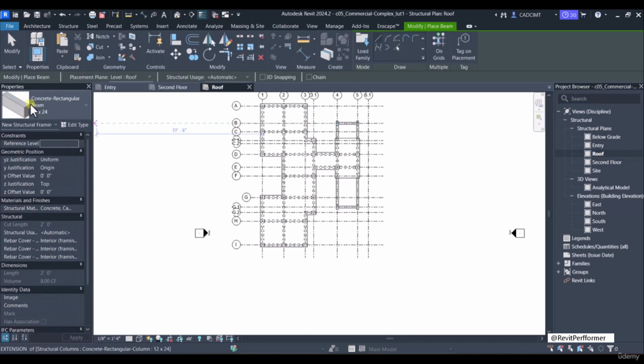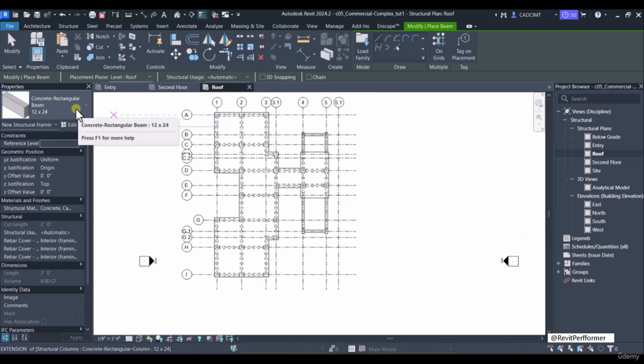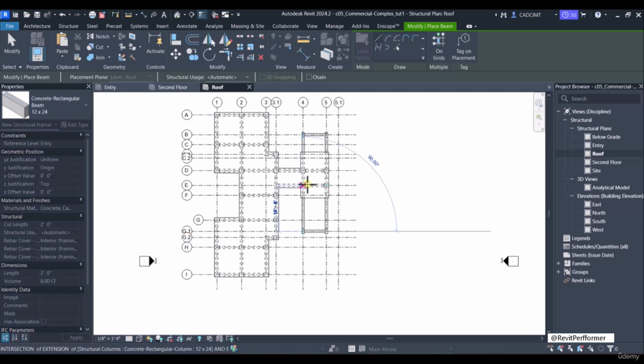Next, in the Properties panel, ensure that the concrete rectangular beam 12 inches by 24 inches option is selected in the Type Selector drop-down list. Now, using the beam tool that is already invoked, add beams between the grid intersections such as G14 and E4,